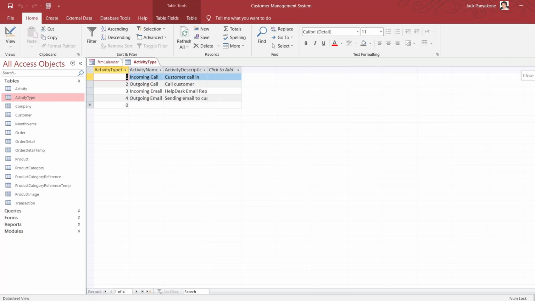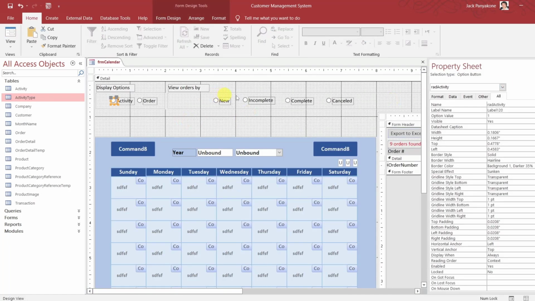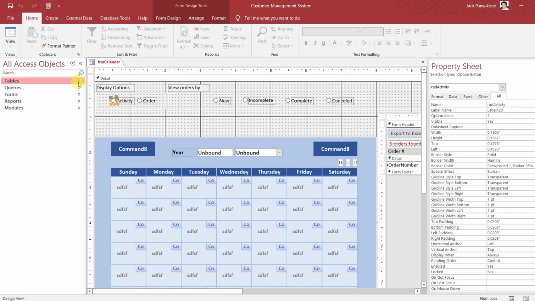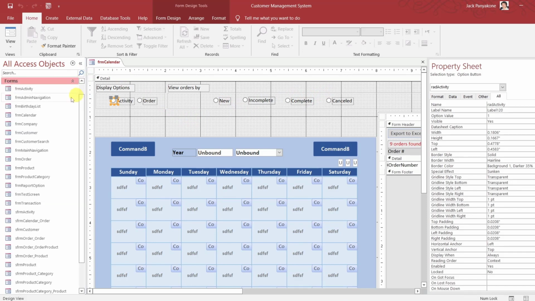So there could be more than just 4 activity types, right? Therefore, this would not work. But I can show you what will work, alright? So if you go to the activity form here,